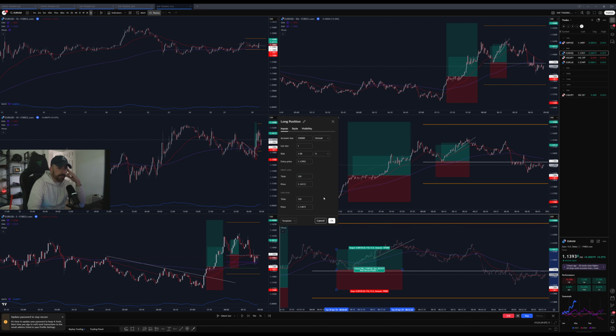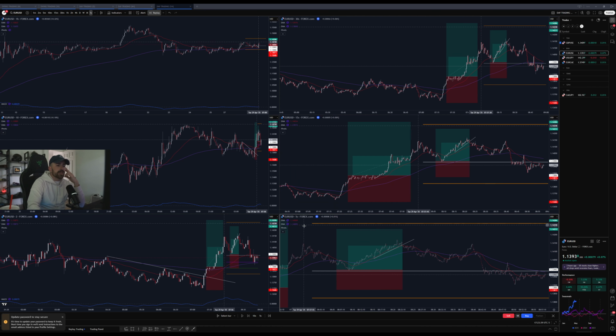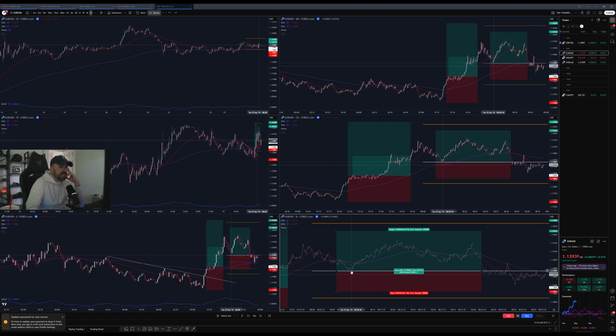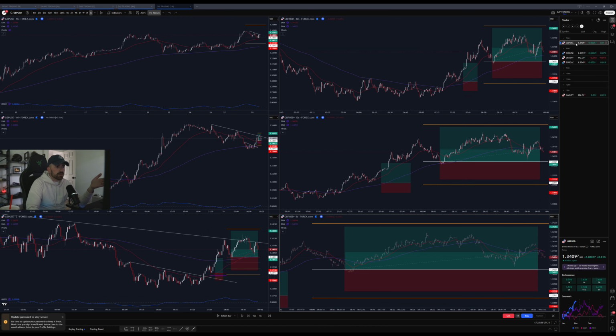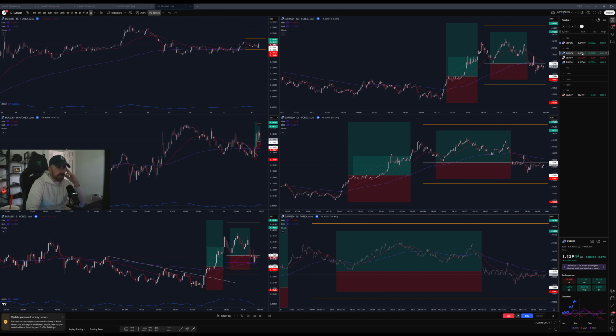Pretty sure. Yeah. So I'd be exiting right there for 1.1, 1.2, something like that. But I was waiting for that just to pull down just a hair. It was nearly there, but it didn't quite trigger the entry. So I was waiting for this one to trigger, and I was sitting there looking at this one, right? And I technically could have just manually taken this trade because the euro dollar is the one I had a limit order for.